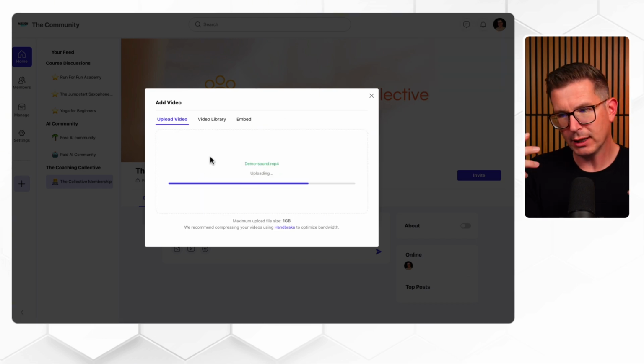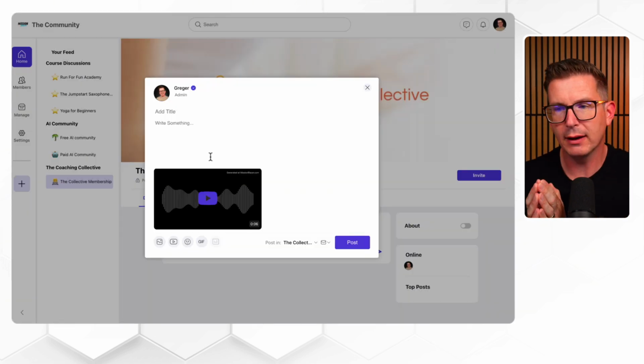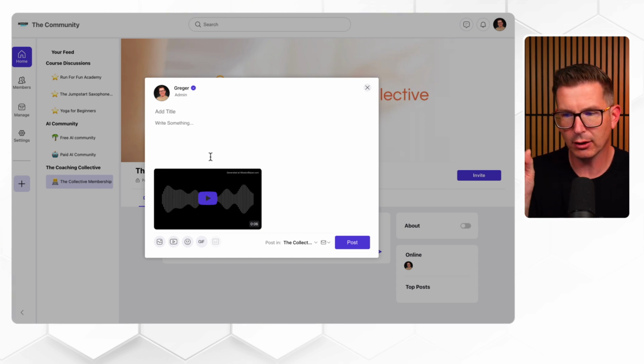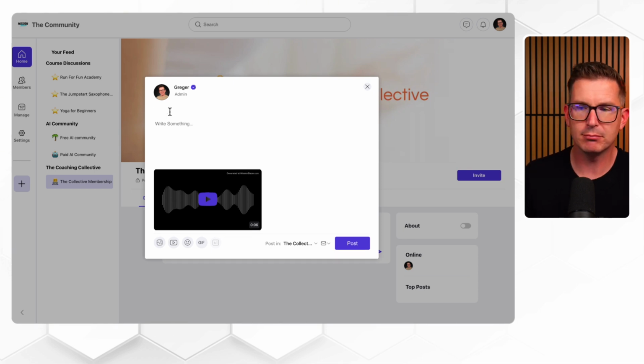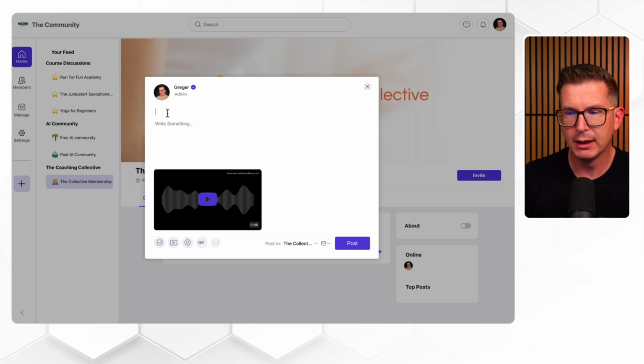Now, the video engine that Zenler is using is Vimeo, and it takes a while, depending on the length of your video. It can take a little while until that video has rendered. So just keep that in mind when you're posting. So what I normally like to do is I write the information, I upload the video, but I also wait a little bit before I post it so that the video is really ready to listen to straight away for the community members. So listen to this